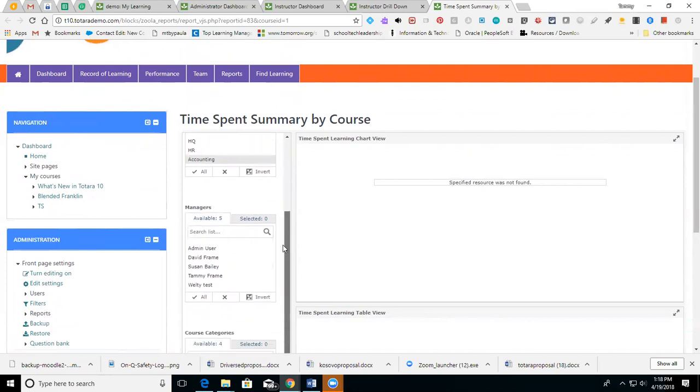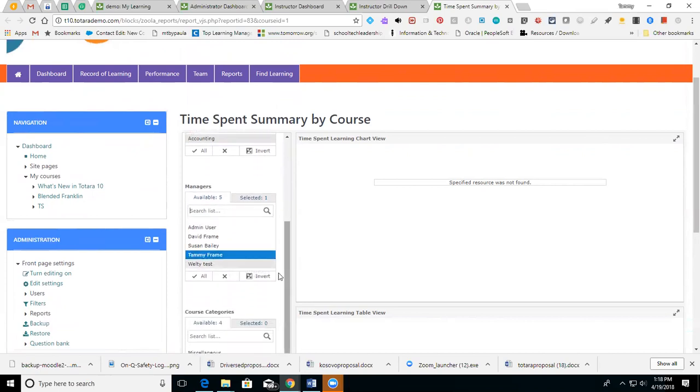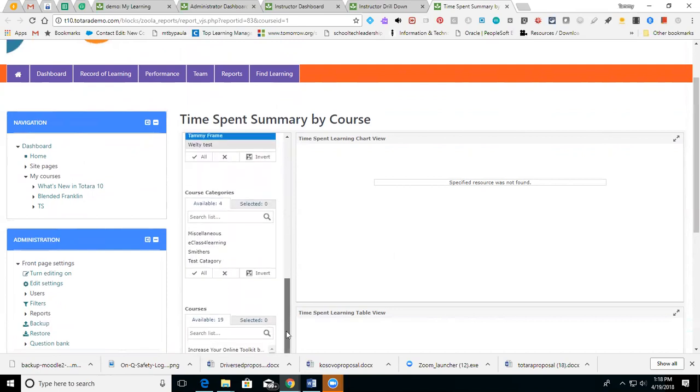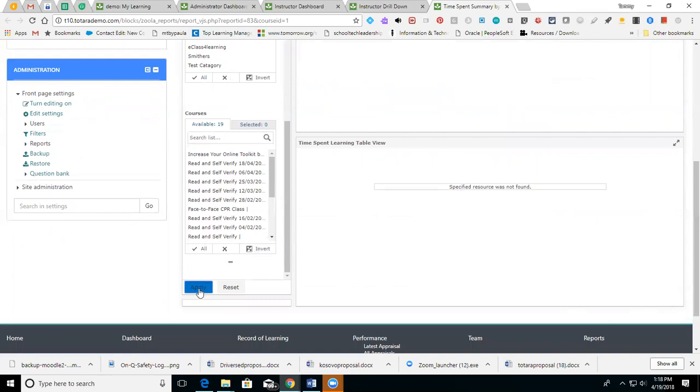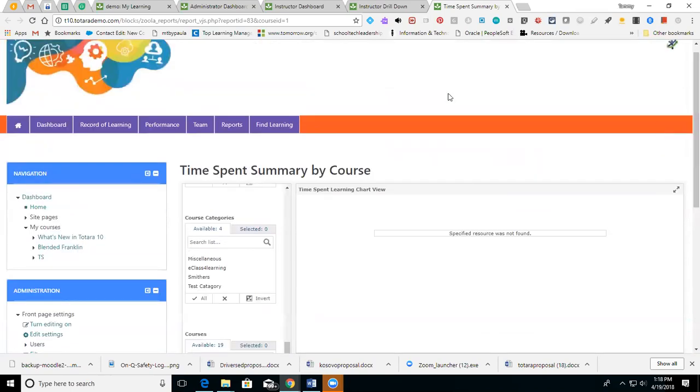I could look at a person. So let's look at myself. And then let's see if we can get any data down here. Let's try resetting just once because